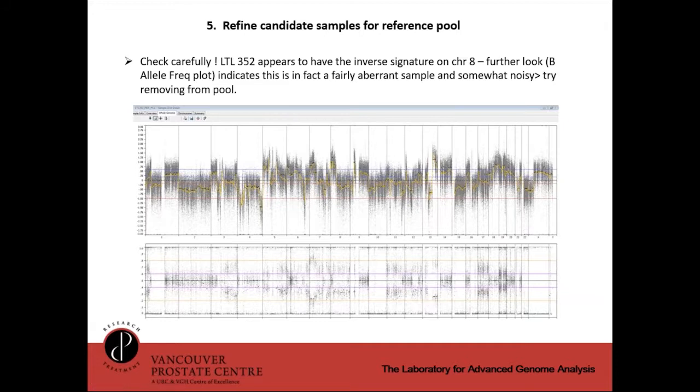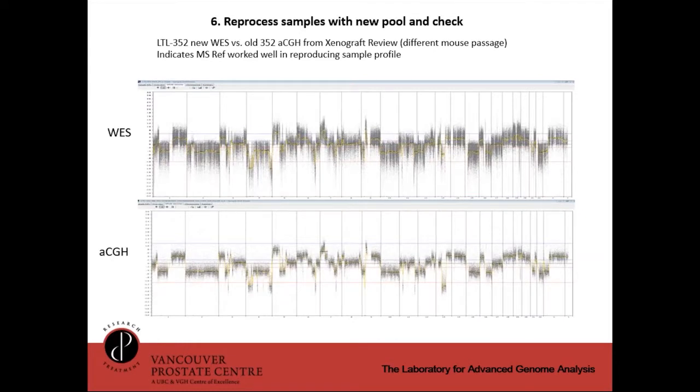So right now we've only got 3 guys that we're going to put in the pool here, and I thought there's no way this is going to work. You want to get as close to 10, but once I did it, I ran that same sample, 352, against those other three, and it's cleaned up significantly here. I'll come back to the B allele frequency of this guy later on, but I just wanted to show that